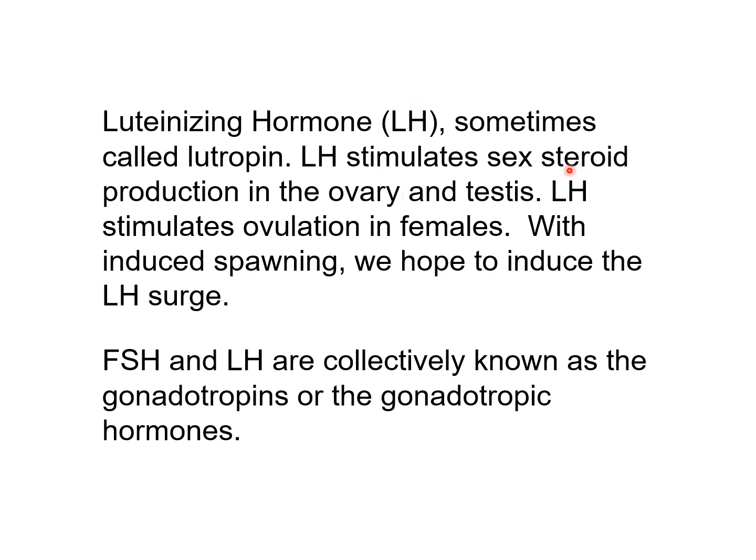Okay, so it stimulates sex steroid production in the ovary and testes, and it stimulates ovulation or egg release from the ovary in females. So with induced spawning, we hope to induce an LH surge, which is a rapid, huge increase in LH that actually causes the final oocyte maturation and then the release of the egg or eggs. So these two hormones, FSH and LH, are collectively known as the gonadotropins, gonadotrophins, or gonadotrophic hormones, depending on which